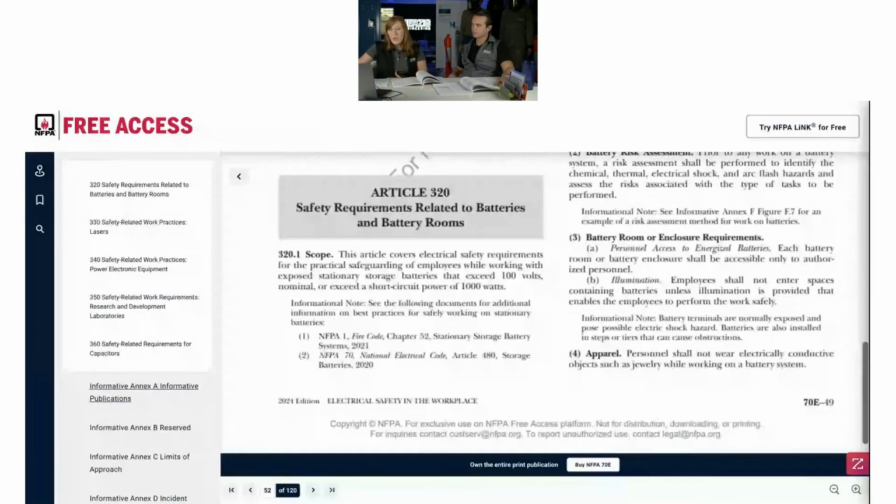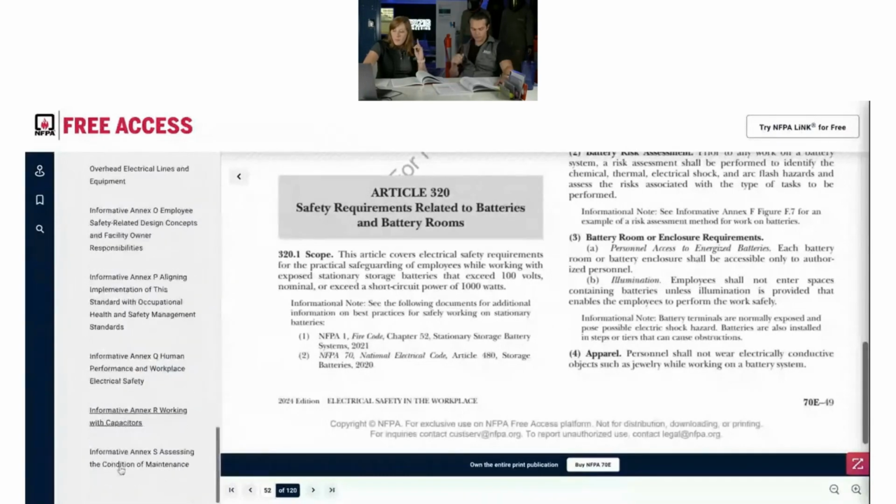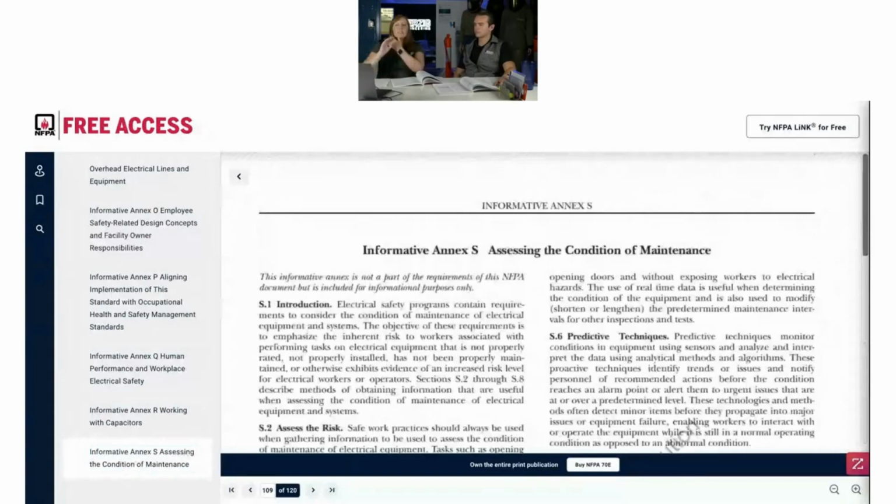Article 340 had the scope expanded, 360, so on and so forth, housekeeping. The annexes, they also had some changes just for housekeeping purposes. Very good information, very helpful, but nothing major to point out as far as a change,